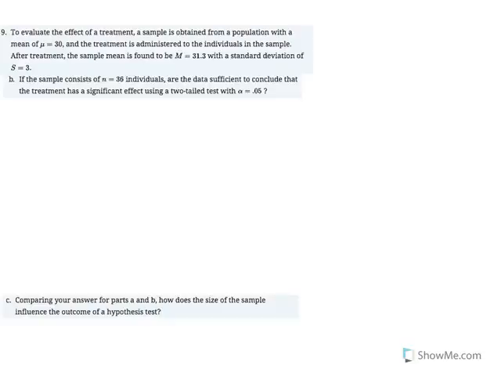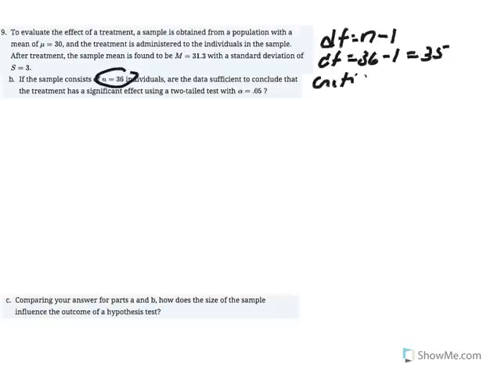Number 9b, what we're considering now is, would the hypothesis test differ if we increased n to 36? So let's see if our conclusions are different if n is equal to 36. Of course our degrees of freedom are going to change. Degrees of freedom again is n minus 1, so in this case, degrees of freedom would equal 36 minus 1, and that's equal to 35. So we're going to find our critical t